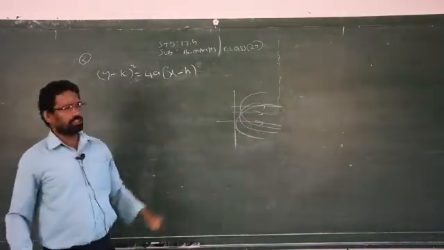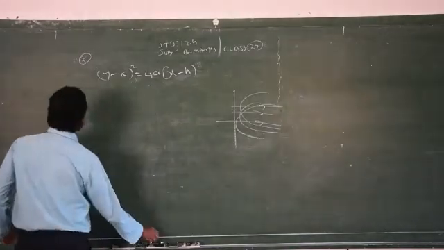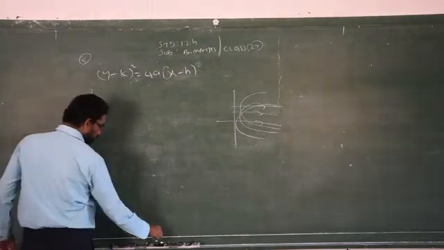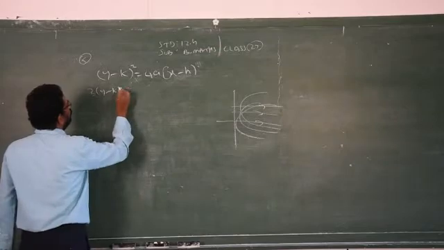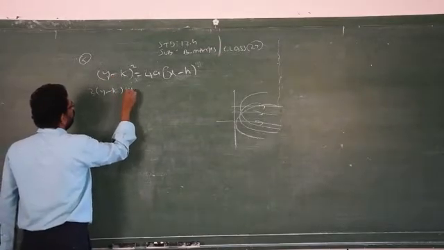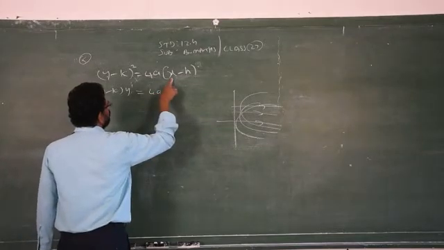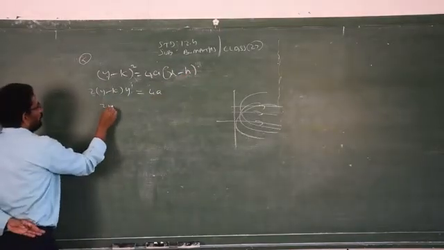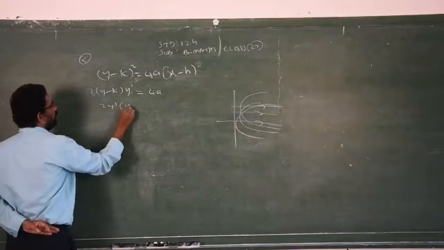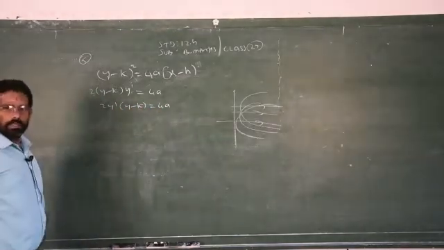Here we have two constants, therefore, how many times do you have to differentiate? Two times. 2(y minus k) into, when you differentiate y it will become y dash, is equal to 4a, because x will become 1, 4a into 1, and this will become 0, there is no x value. So, 2y dash (y minus k) is equal to 4a. I got the answer, isn't it?